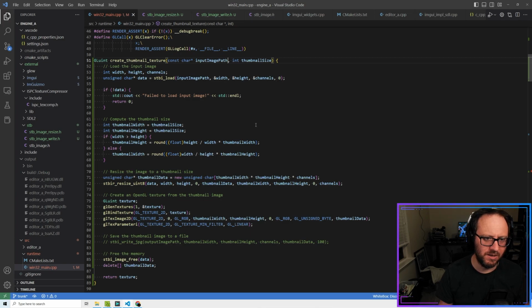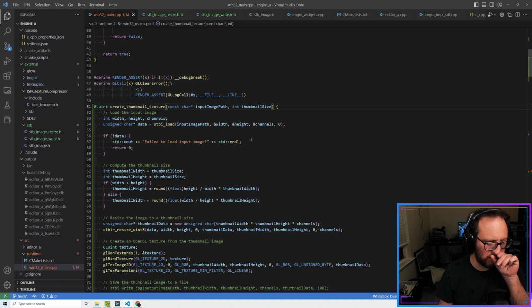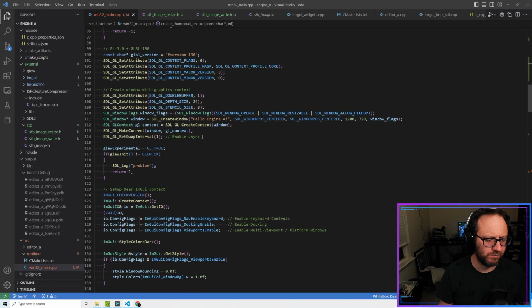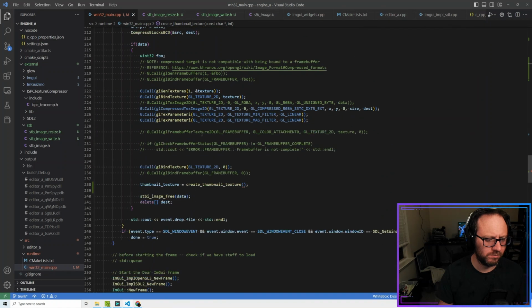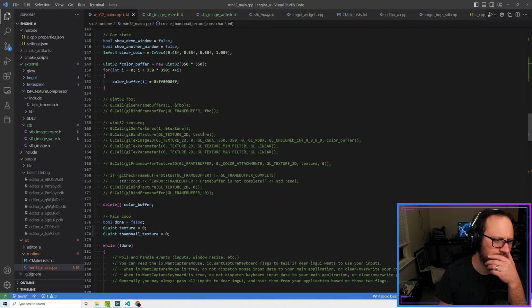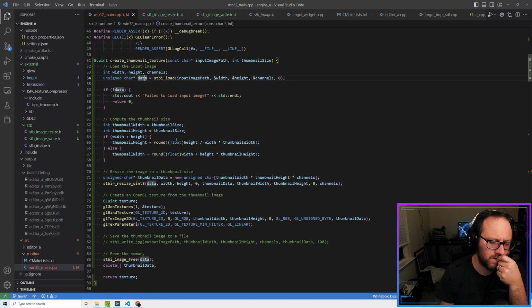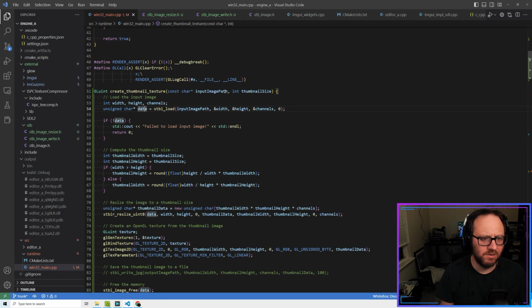So we just need the input element and the thumbnail size. Interesting. So it's going to do the image load. So we've actually already done that. So instead of doing that, let's just say